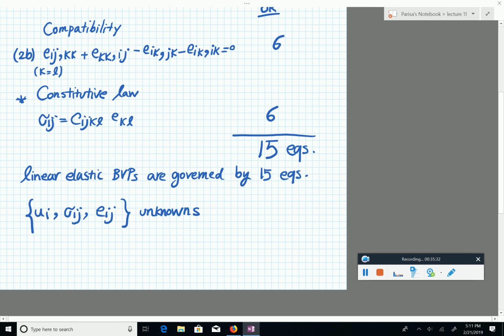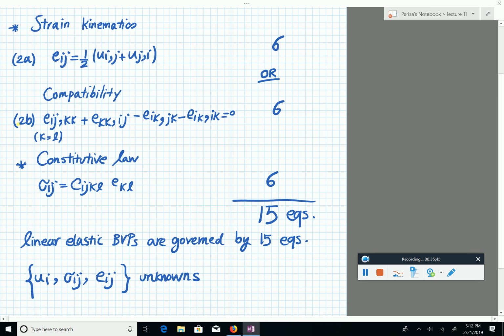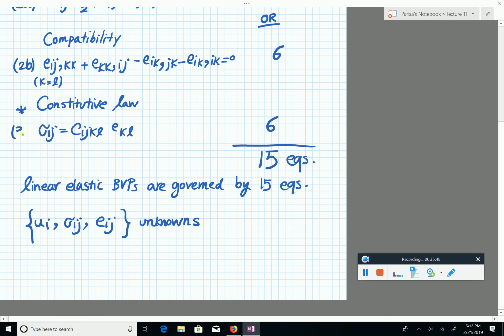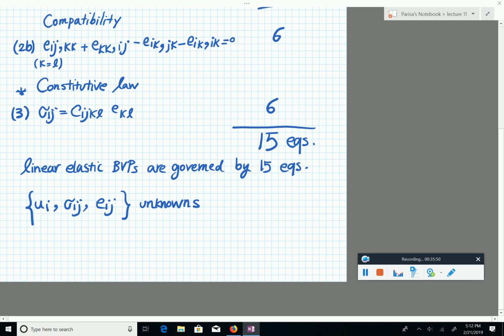And if we find a solution to the boundary value problem, it means that we found this triplet that satisfies equations 1, 2, 3. I forgot to put 3 here. So what we are looking for is, so these are unknowns. So this triplet is called a solution